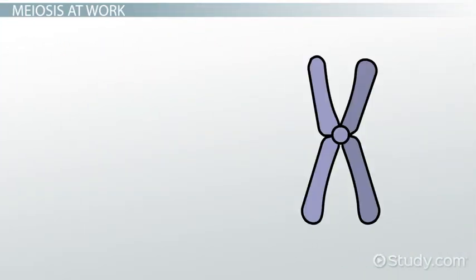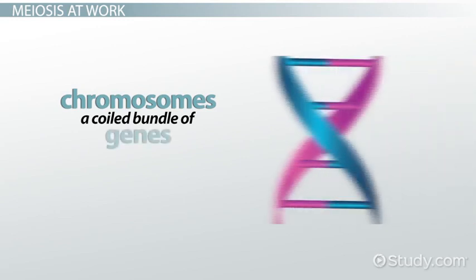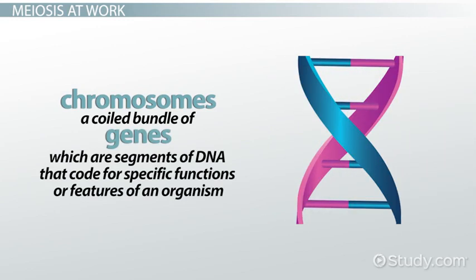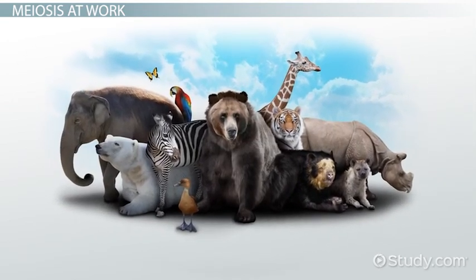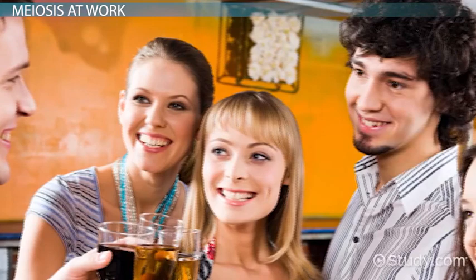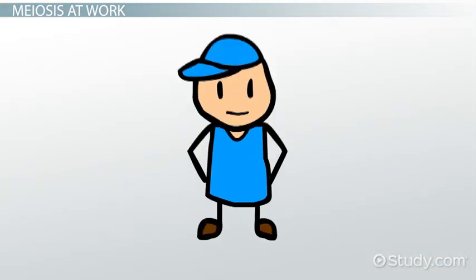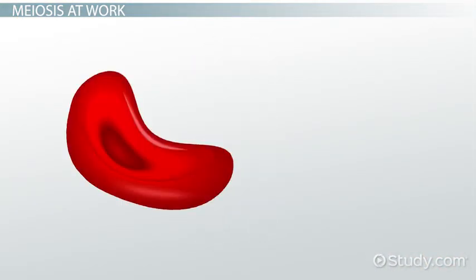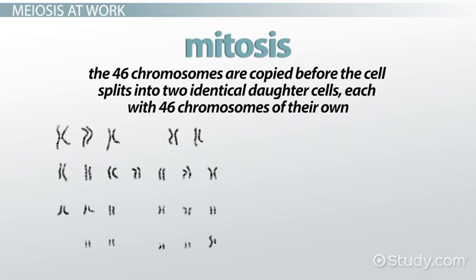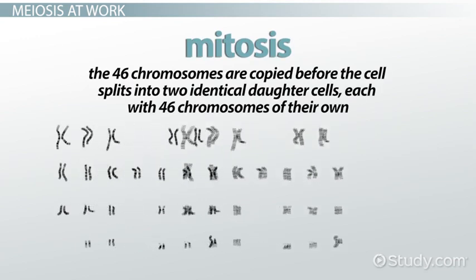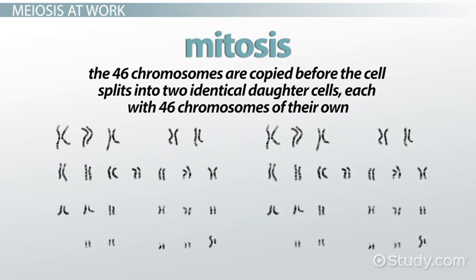Genetic information is stored in chromosomes, a coiled bunch of genes, which are segments of DNA that code for specific functions or features of an organism. Different species have different numbers of chromosomes. We humans have 46. When your body grows or replaces dead skin or hair, your cells duplicate during mitosis, and the 46 chromosomes are copied before the cell splits into two identical daughter cells, each with 46 chromosomes of their